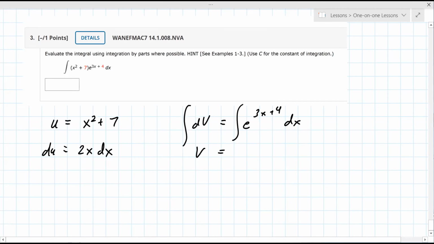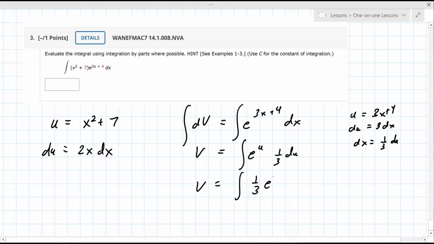Your u is usually this thing in the numerator here. So your u, which is not the same as this u, when that could become confusing. So ignore what's going on the left. It's 3x plus 4. du is 3 dx. So when you solve for dx, it's 1/3 du. So your v is the integral now of e to the u. Instead of dx, it's 1/3 du. So your v over here is the integral of 1/3 e to the u du. Well, you know that is just e to the u,